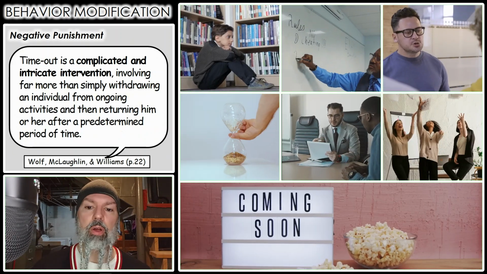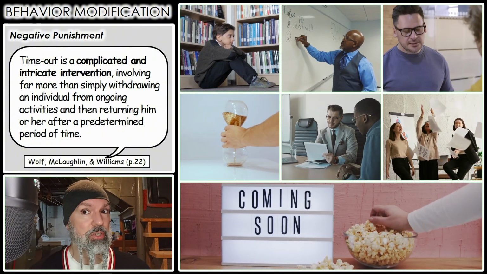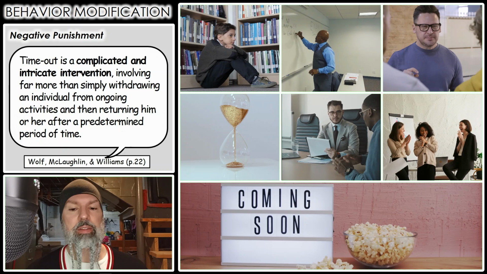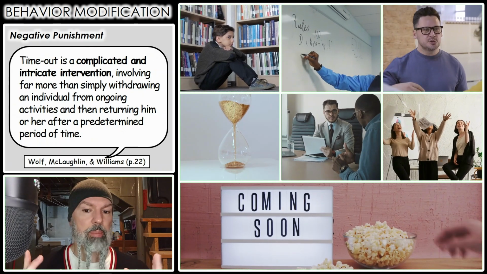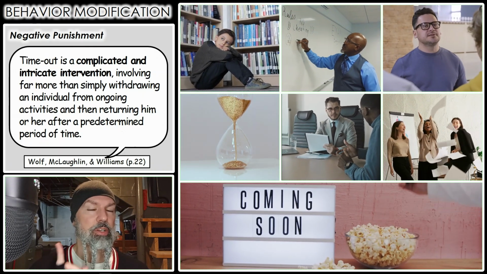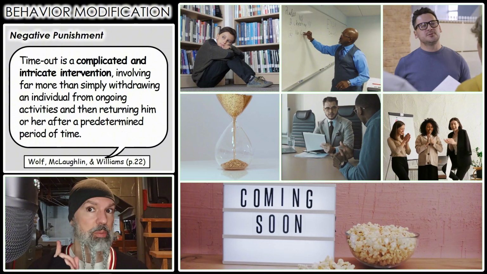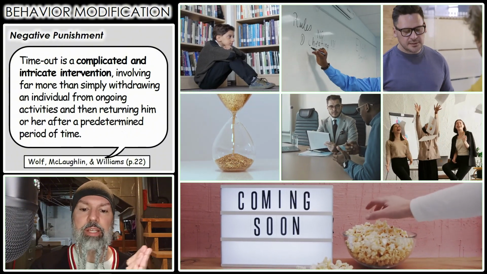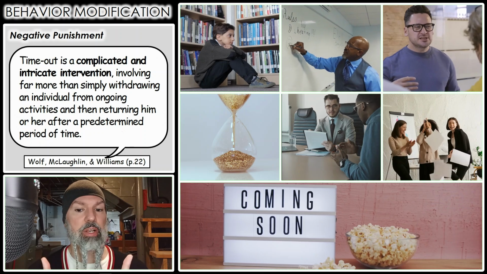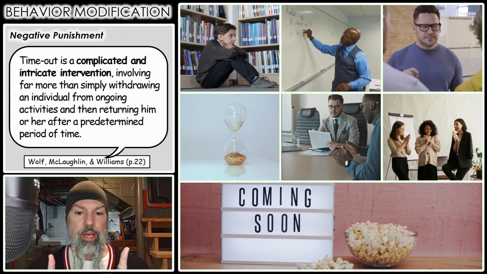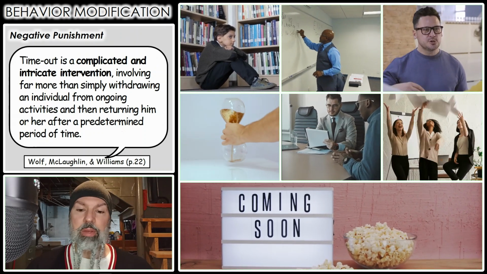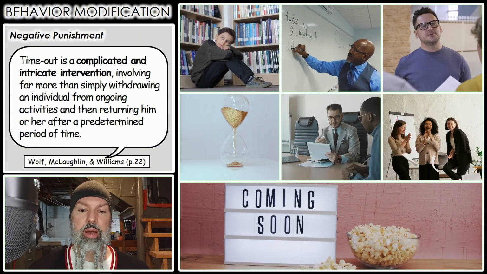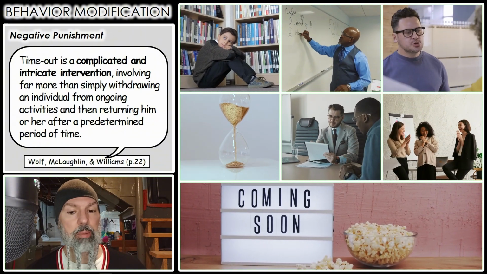All right, so that was effective ways to use timeout procedures. So today we took a look at the idea that when you're going to use timeout, you don't want to use it as your first behavior modification plan. You want to use it only after other interventions have failed. And then if you want to make sure that it's maximally effective, you need to enrich the time-in environment, define the behavior that leads to timeout, choose the appropriate form of timeout, obtain permission and communicate the plan with others,